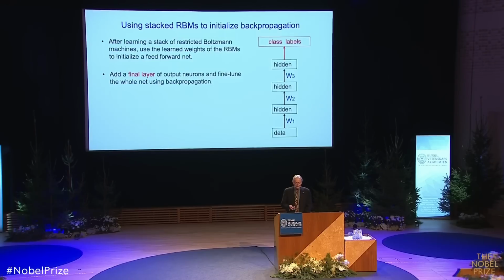And two beautiful things happen. The first beautiful thing is, if you initialize this way, the network learns much faster than if you initialize with random weights, because it's already learned a whole bunch of sensible features for modeling structure in the data. It hasn't learned anything about what things are called, but it's learned about the structure in the data. And then learning what things are called is relatively quick. Just like with small children, they don't have to be told, that's a cow, 2,000 times before they know that's a cow. They figure out the concept of cow for themselves, and then their mother says, that's a cow, and they've got it. Well, maybe twice.